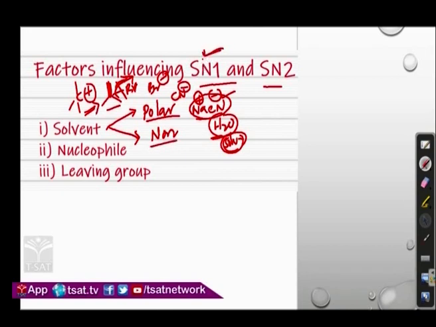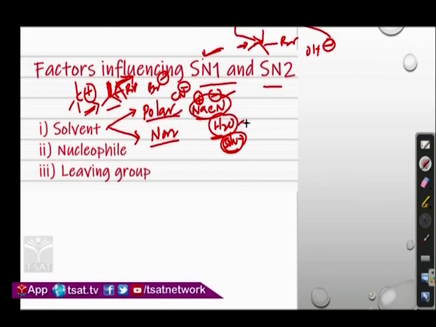Whereas if it is non-polar, they will not break this bond. Until they break the C-Br bond, it is connected and will be attacked by the OH minus if it is more reactive, so that an SN2 reaction is going to happen. Okay, SN2 reaction is going to happen. So this is what a polar solvent does.